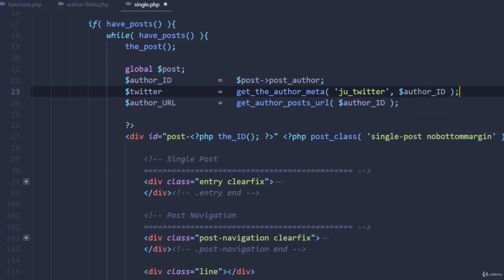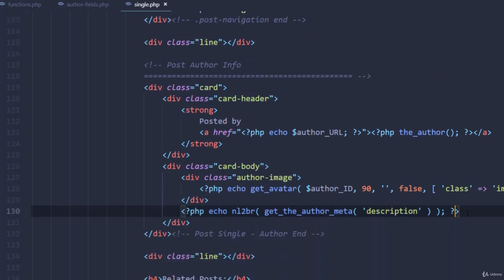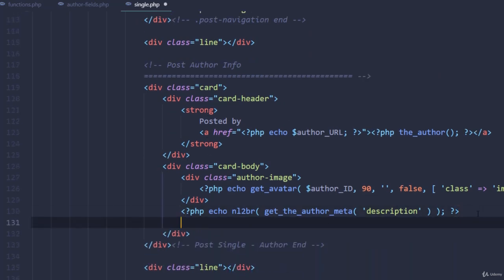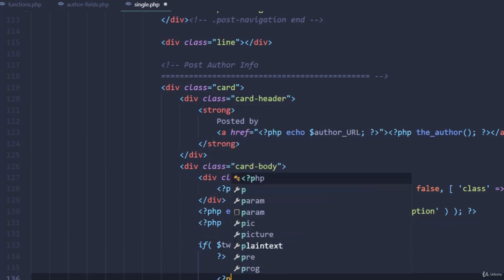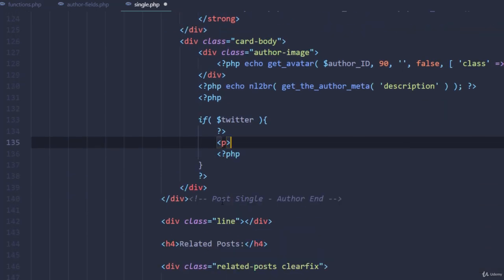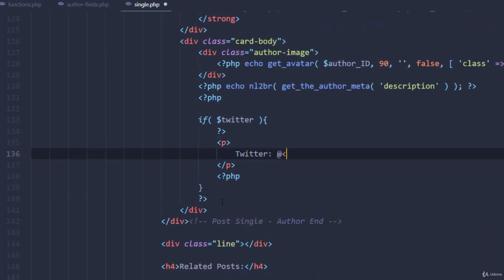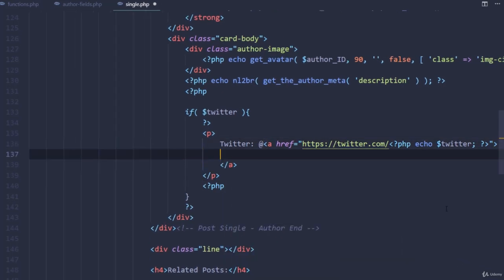Next, let's move on to the author box, which is placed under the post, and check to see if the variable isn't empty. If it isn't empty, we'll echo it out with this HTML. Pause the video if you need to. Alright,